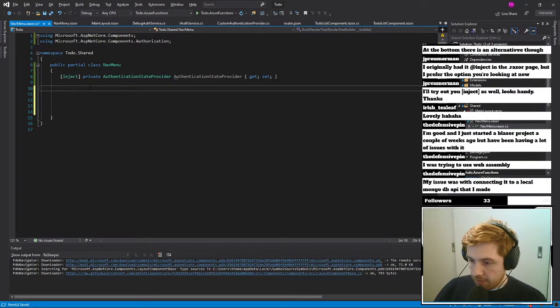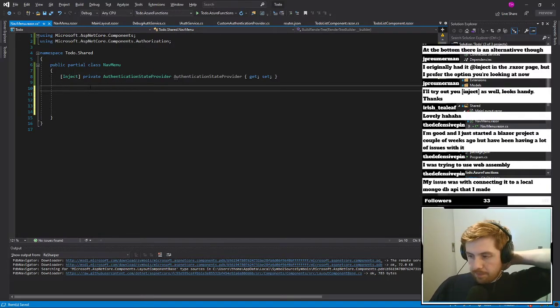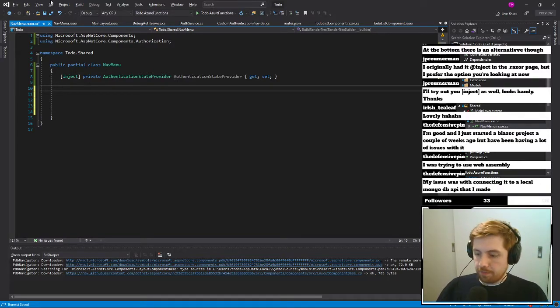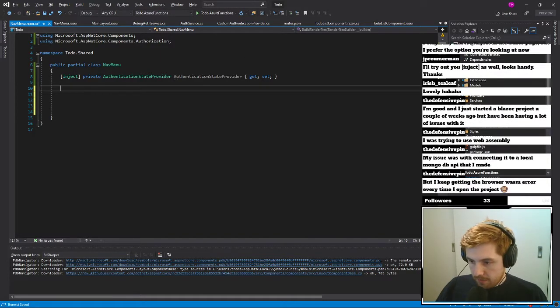But if you have any questions, the issue I had was connecting it to the local MongoDB that I made. Well, Defensive Pin, there's something you wanna... I keep getting the browser wasm error every time I open the project. Yeah, so